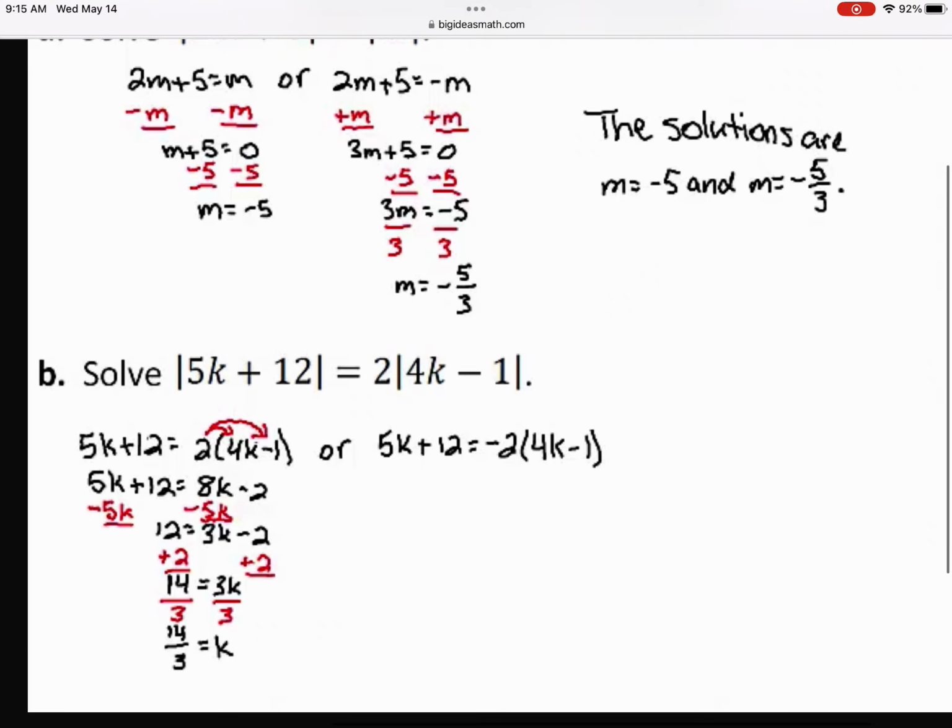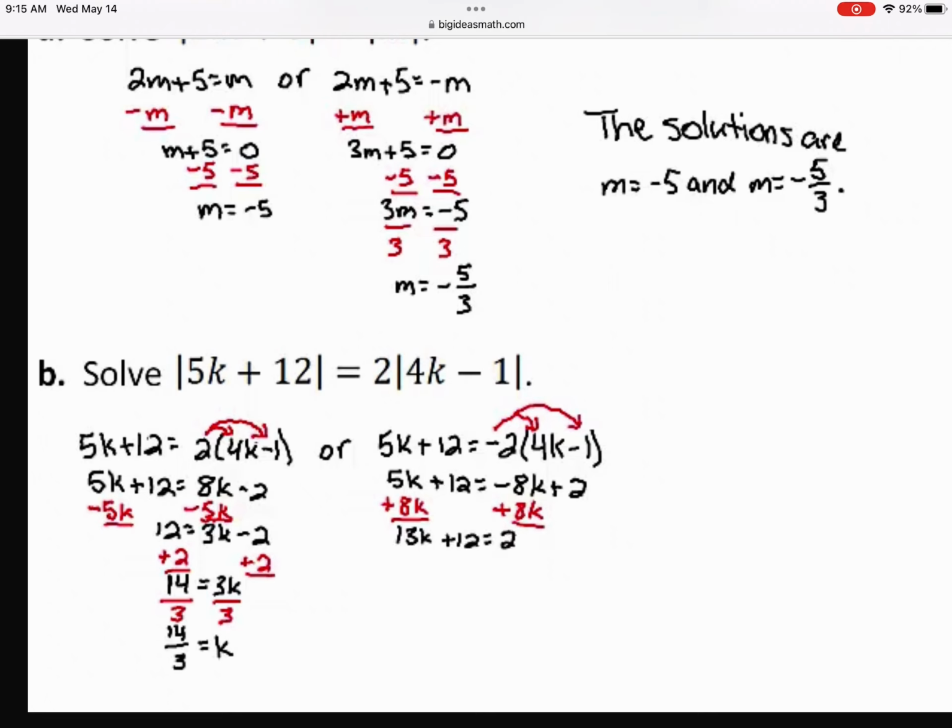To solve 5k plus 12 equals negative 2 times the quantity 4k minus 1 for k, first distribute the negative 2 through the quantity 4k minus 1. This gives you 5k plus 12 equals negative 8k plus 2. Now get all of the k terms on the same side by adding 8k to each side, giving you 13k